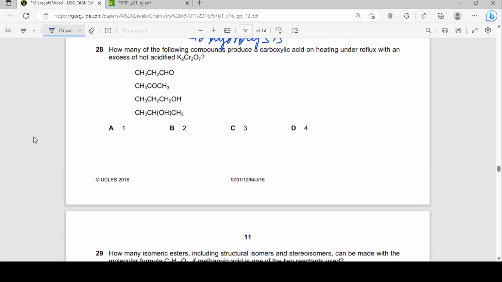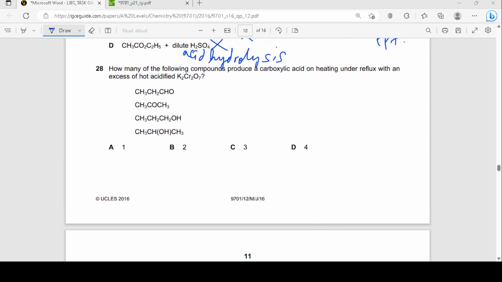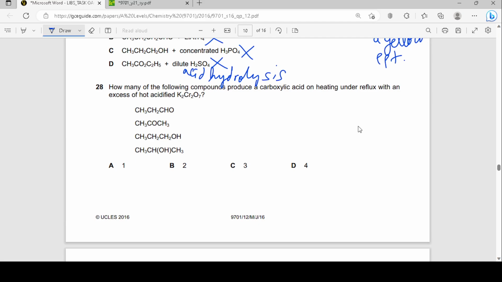Next, how many of the following compounds produce a carboxylic acid on heating under reflux with an excess of hot acidified K2Cr2O7? So you need a carboxylic acid, okay? So if we oxidize this using K2Cr2O7,